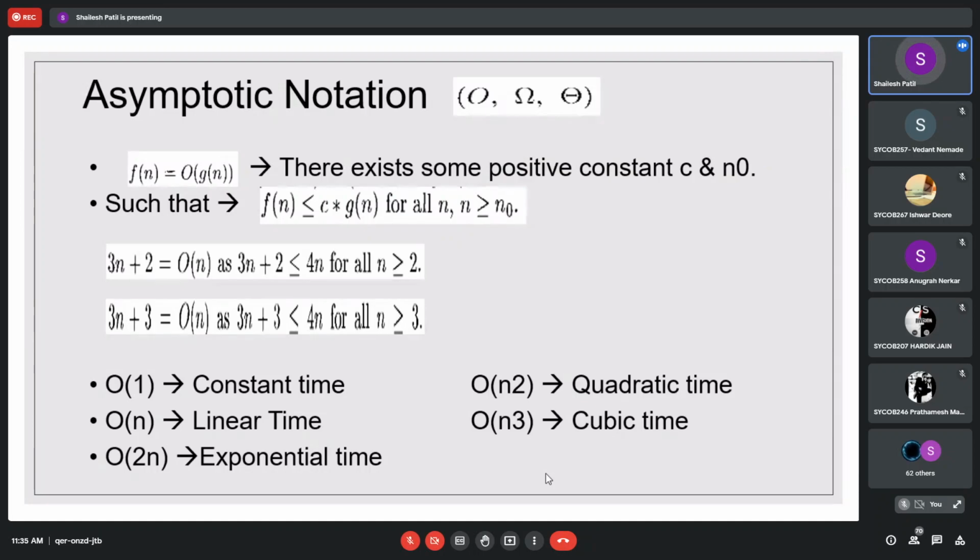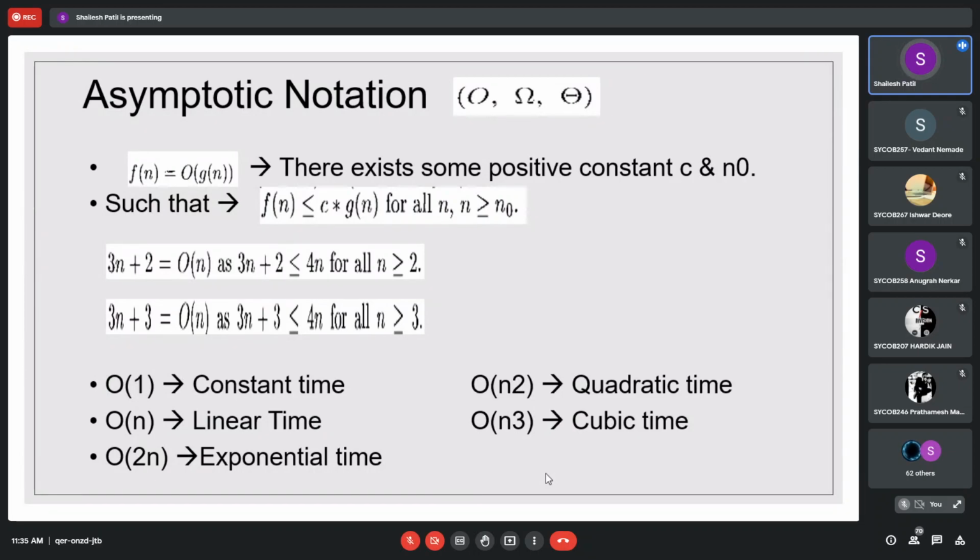After that, we have seen these asymptotic notations. There are three asymptotic notations, the first of which is called big O. It represents the maximum number of steps we need to find an element with the help of that particular algorithm. Say in your linear search, we'll have O of n.